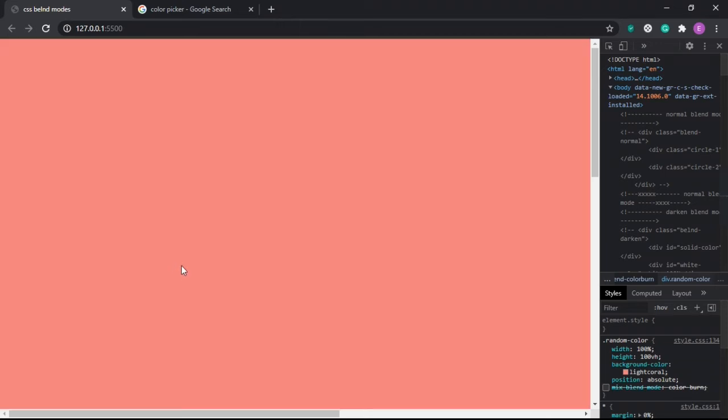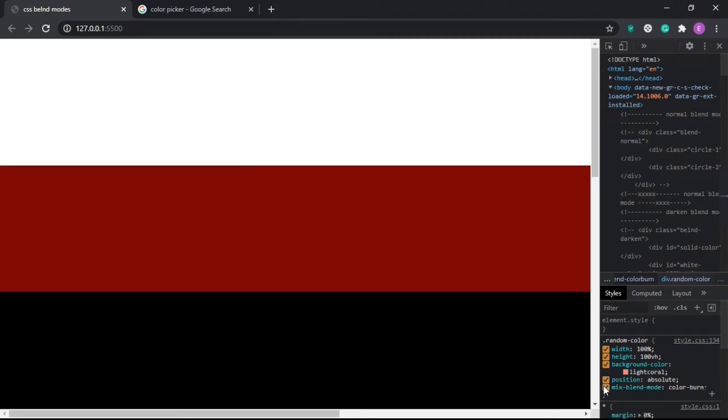So have a look at this background color. This is a light color, it's not a dark color. So if I change this blend mode to color burn, it darkened that light color. It was a light color, right? So it's darkening that color. And as well as